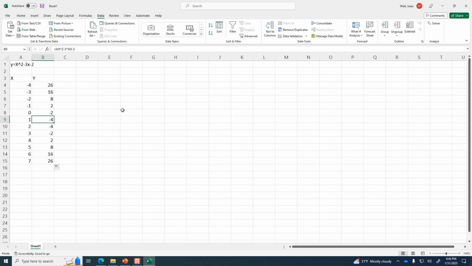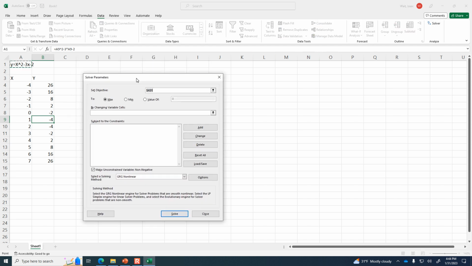But that's actually not the case. There is a value of x which gives you an even lower value of y. Now you could solve this directly. You know, you just solve, well, no, I guess you'd need to know what it is. So let's try the solver function here. So solver,